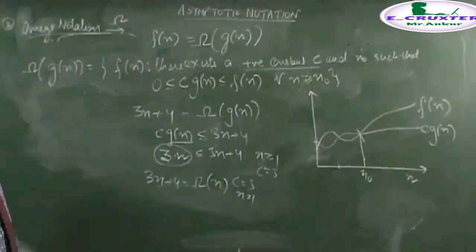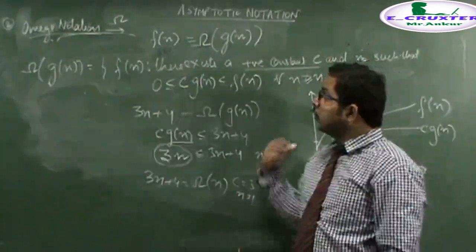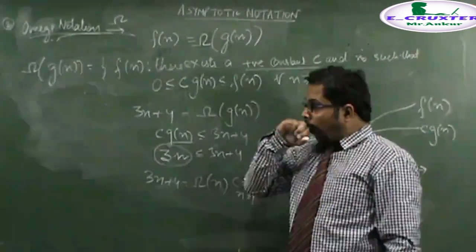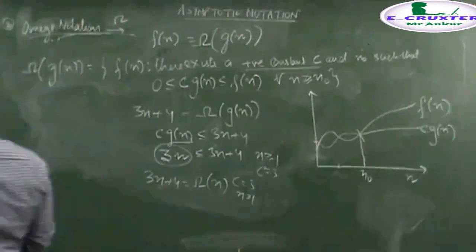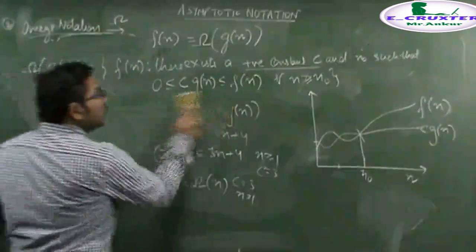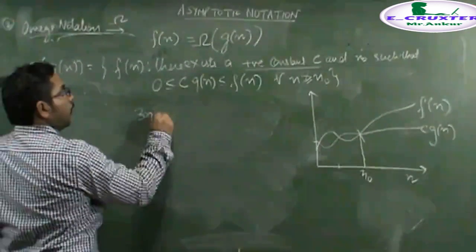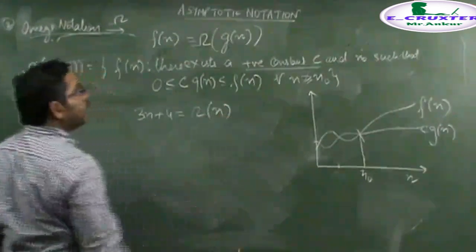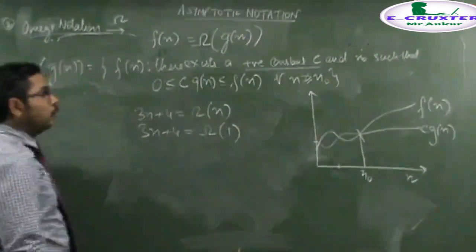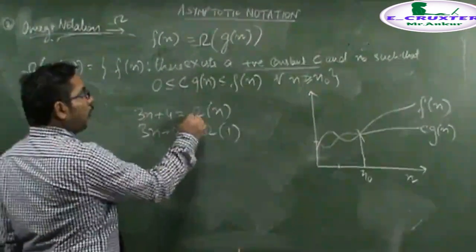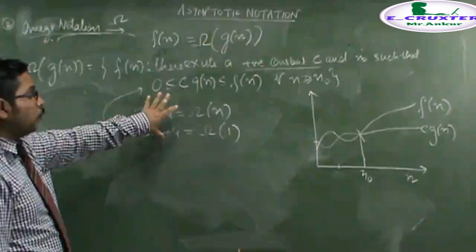One thing to remember here is that omega notation does not tell whether this lower bound is a tighter lower bound or a loose lower bound. If the function is 3n plus 4, then the linear function will act as the lower bound. Also, the constant function will also act as a lower bound for this function. You can solve with the help of these equations and calculate the result, but these are acting as lower bounds.